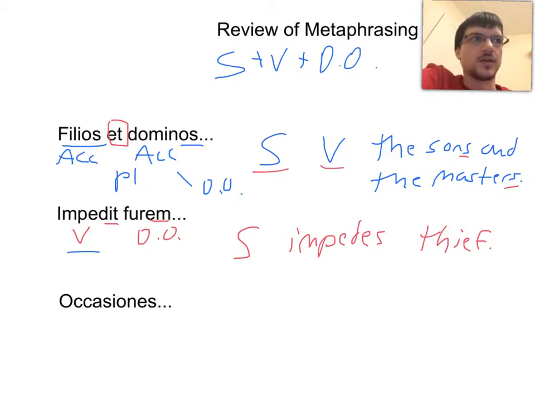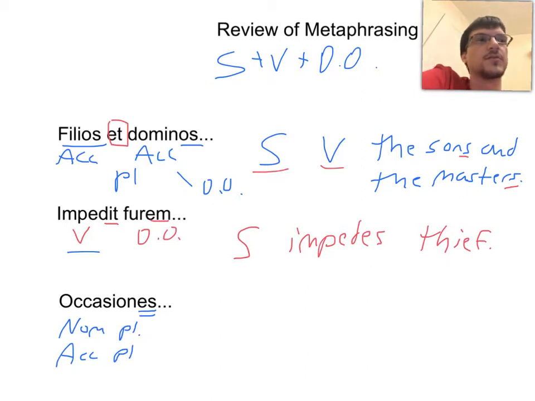I hope this is coming pretty clearly, but this next one is going to be a little bit trickier. If we look at your chart, this ES ending on occasiones is going to be two things. It can be nominative plural or accusative plural. Remember, this is from the third declension. So that ES ending is going to mean two things. We have two possibilities. We have two answers here. We're going to have the opportunities